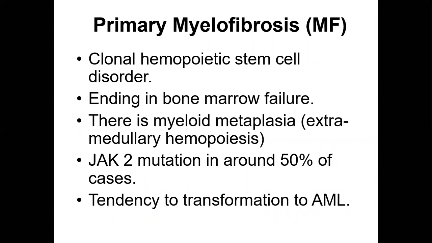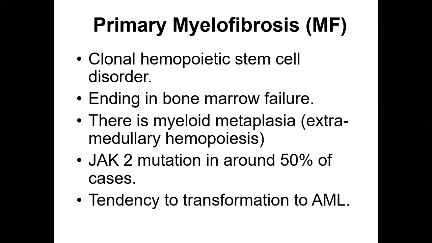Now we come to the other topic, primary myelofibrosis. Primary myelofibrosis is a clonal hematopoietic stem cell disorder that usually ends in bone marrow failure. There is also myeloid metaplasia or extramedullary hematopoiesis. The hematopoietic cells will leave the bone marrow because it is fibrosed